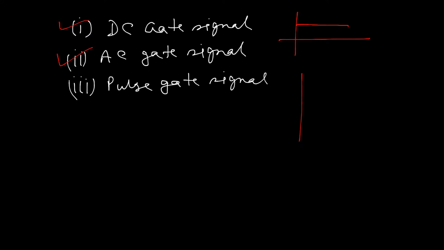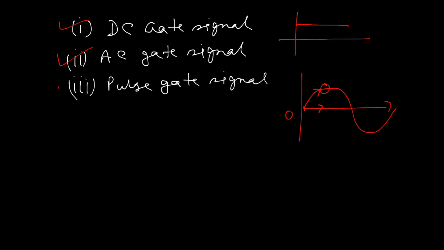And we know in the case of an AC gate signal, there is a particular pattern, right? From 0 degree, it has a very small magnitude, and as we increase the angle, the magnitude increases. At a particular value, when the AC voltage reaches its maximum value, maybe the thyristor will be turned on. That means before that, there is no question of high dv/dt stress, and it produces less loss across the gate to cathode terminal. That is why this AC gate signal is normally used for industry purposes.